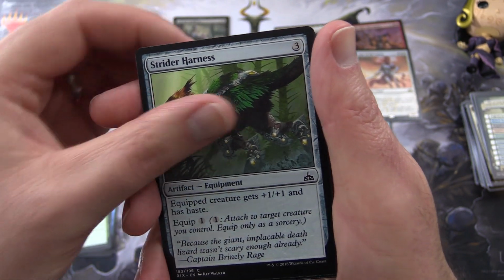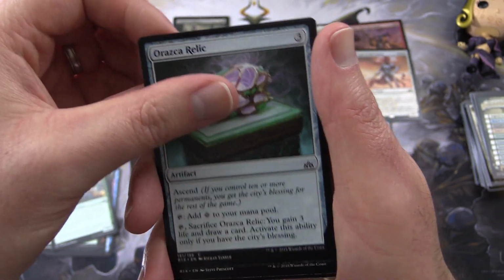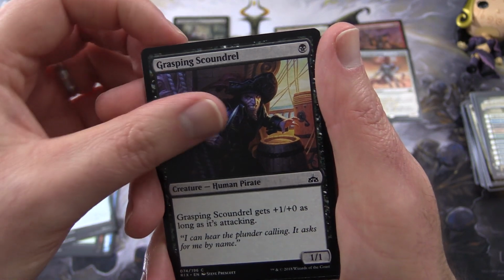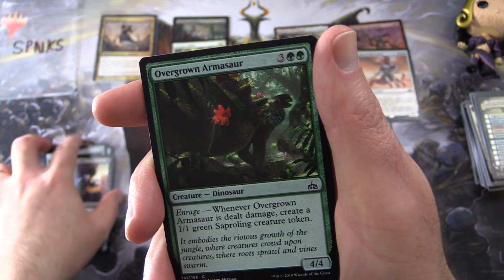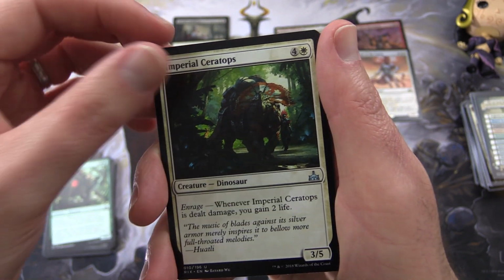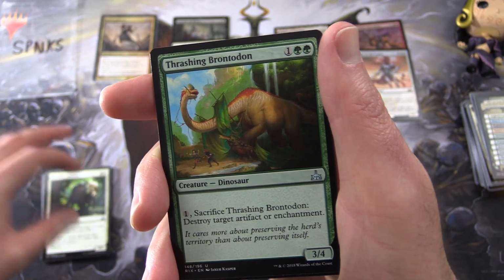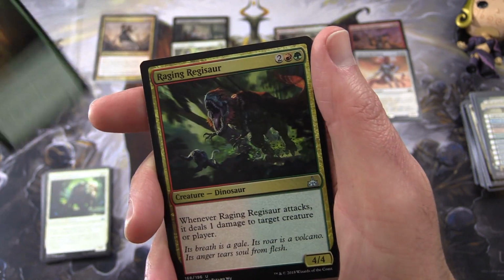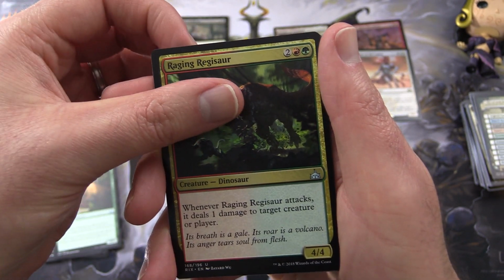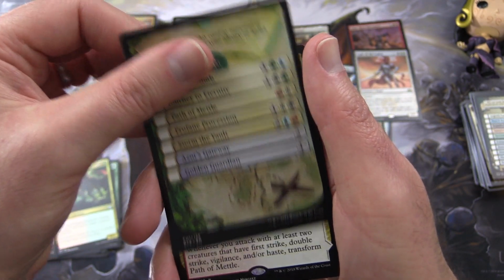Naturalize, Strider Harness, Jungleborn Pioneer, Arazka Relic, Grasping Scoundrel, and Overgrown Armasaur. Okay, I thought we were on to the uncommons, but no. Imperial Ceratops. Here we go. Uncommons, Thrashing Brontodon. We're getting all the dinosaurs today. Raging Regisaur and a checklist card, which means we must have a